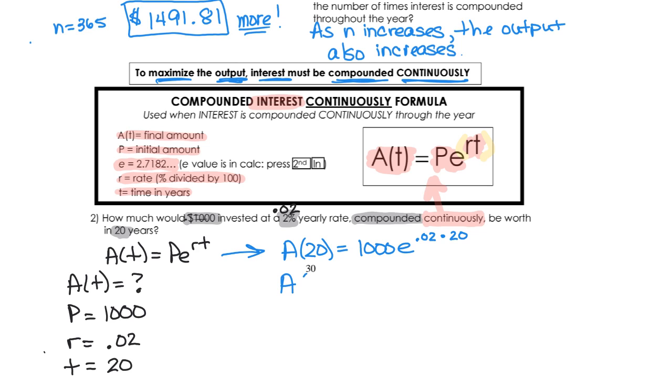Okay? All right, guys, if you grab your calculator and type that in, 1,000, you're going to have to hit second and your ln key to get the e. It gives you a spot for an exponent, okay? And you're going to type in 0.02 times 20. Okay, notice that 0.02 times 20 in your calculator screen is in the exponent, okay? Hit enter, guys, and we're going to end up with